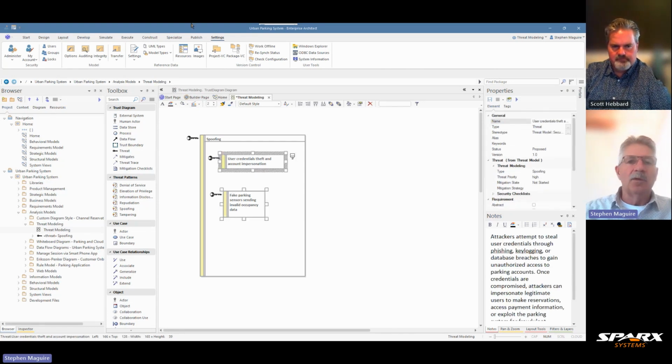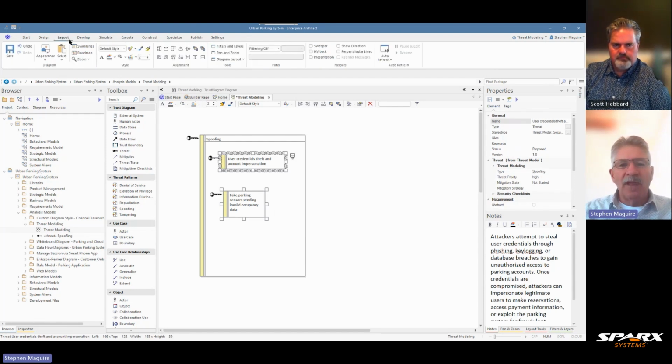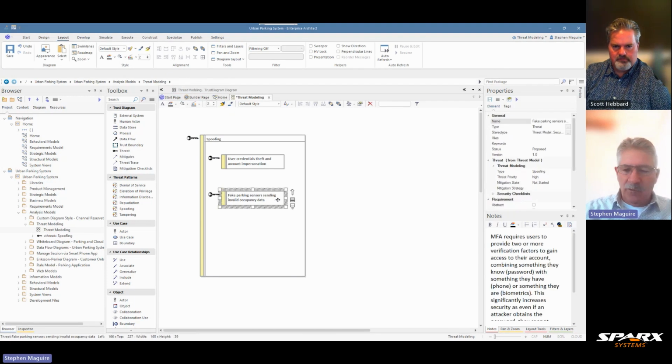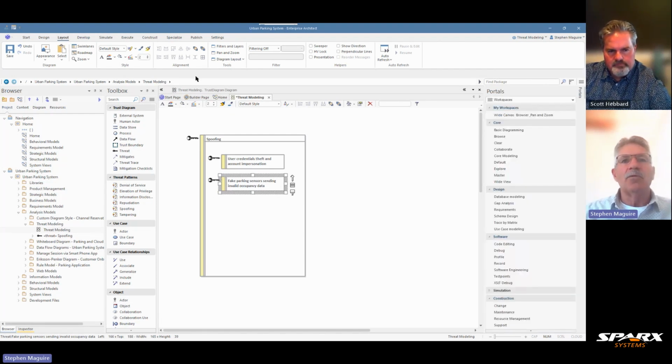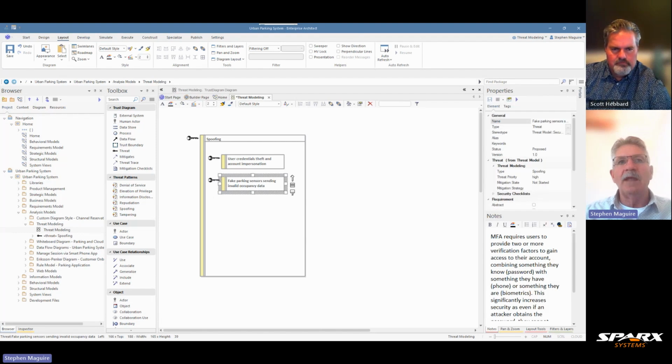We can easily use the layout ribbon to create alignment and element sizes. So I'll make these the same size, and I'll align them left, and we start to tell a story here. So that's one group of elements that I'm going to put in, but I can also put in another group. So let's do that, and we'll just get over to this monitor, and let's put in another group here. We'll call it, it's going to be another threat group, and so we'll put that there, and